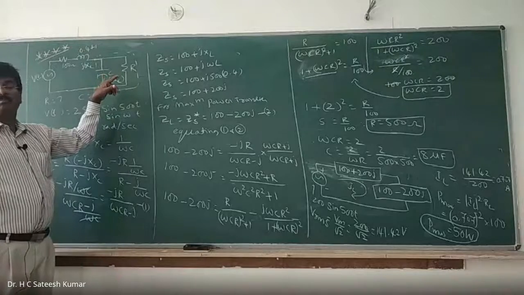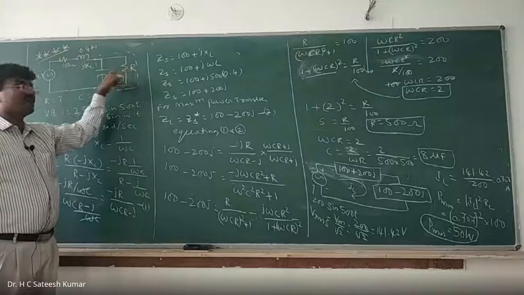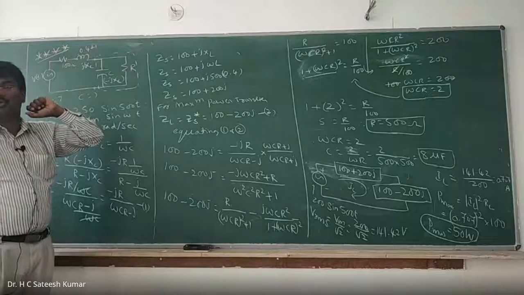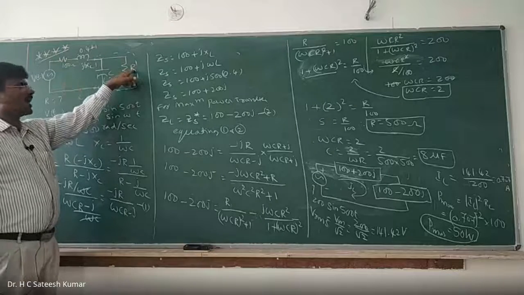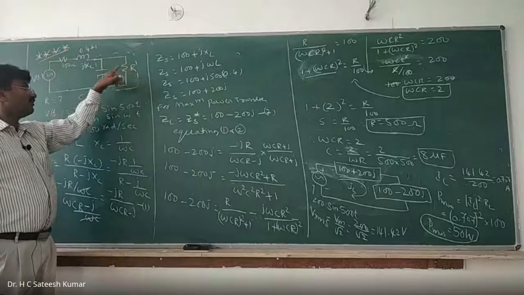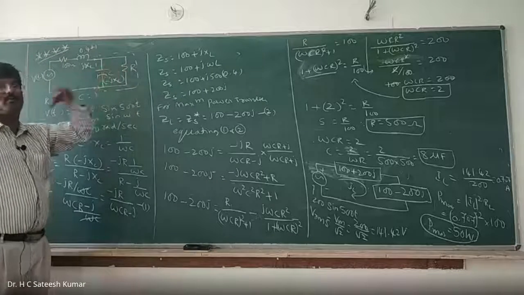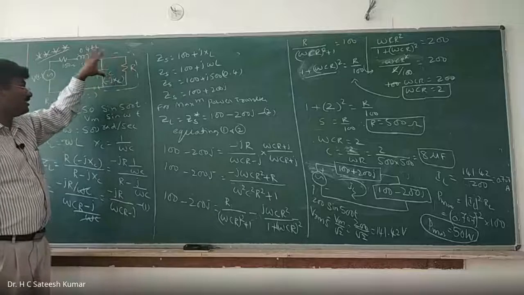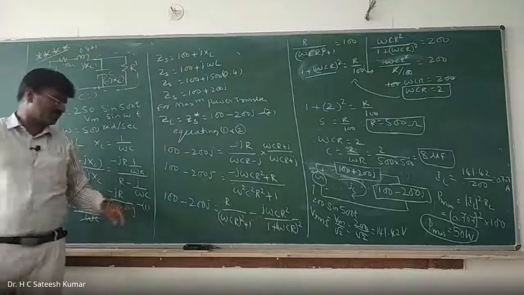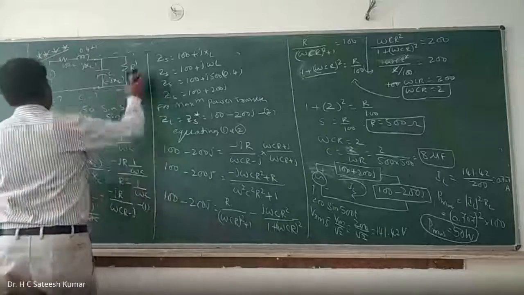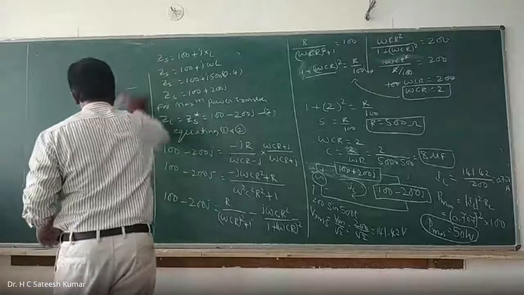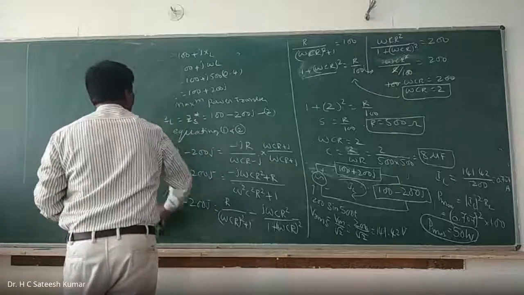What is the value of R and C such that maximum power is transferred? That means the whole thing we should take as load. Don't ask, sir, how R is load. Because he said find the value of R and C such that maximum power is transferred. That means this is the load. You should be very careful with this kind of problem in the exam. This one is repeated around 3 or 4 times in the examination. Unless you practice it, it is very difficult.